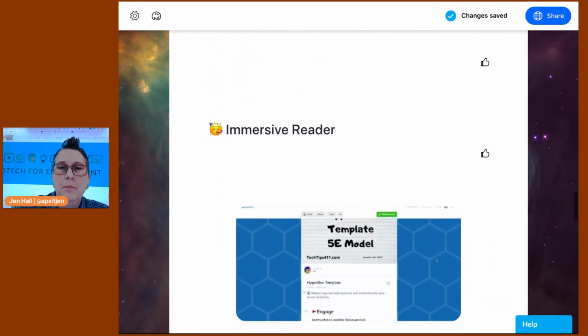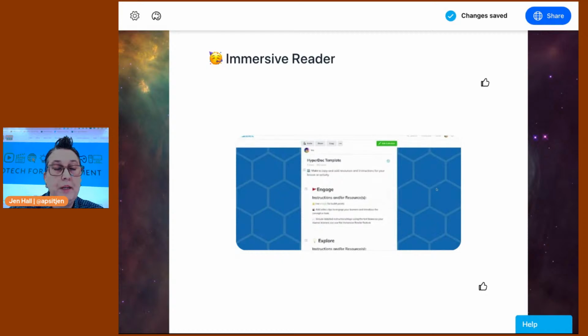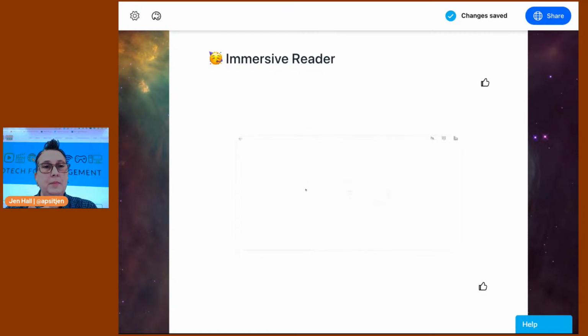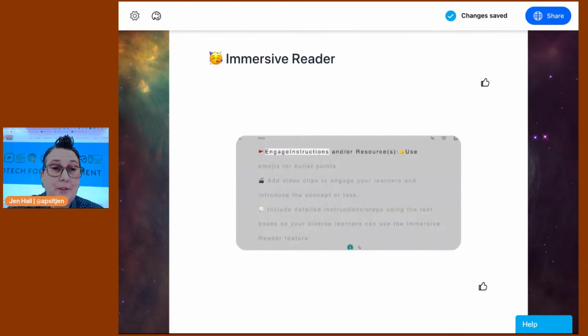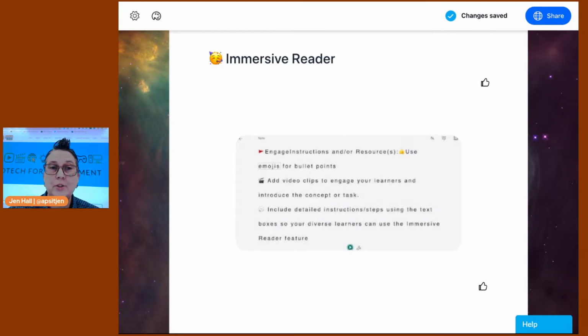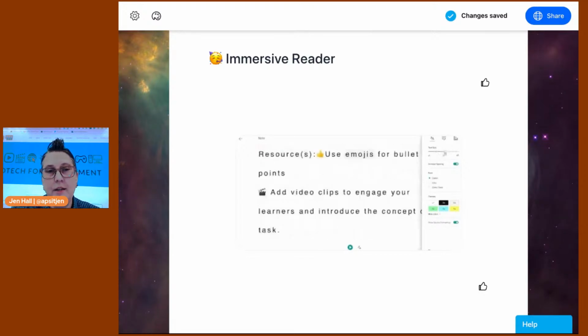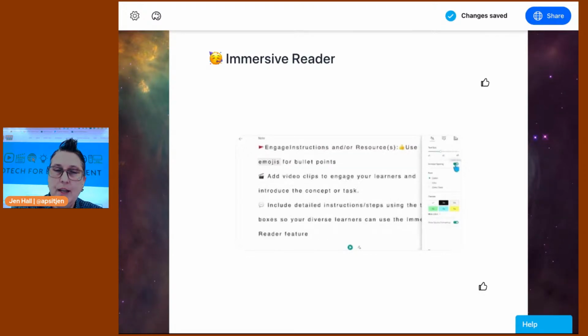So I mentioned Immersive Reader is a big selling point for me with my teachers, because if you think about using it for your diverse learners, whether it's special education learners or your ELL students, it just provides that extra support. I'll be honest, I use Immersive Reader all the time. When I have to read a bunch of journal articles, I love that I can just grab it and listen to it at two times fast so I can multitask. Maybe you all do that as well. Immersive Reader is a big selling point because another big focus for us in our district is literacy. And so when I can provide a tool that supports literacy,